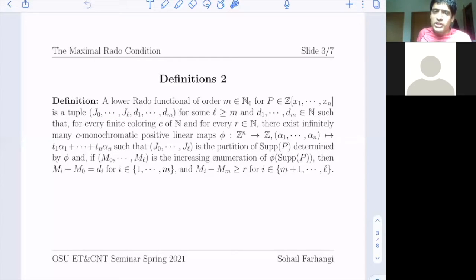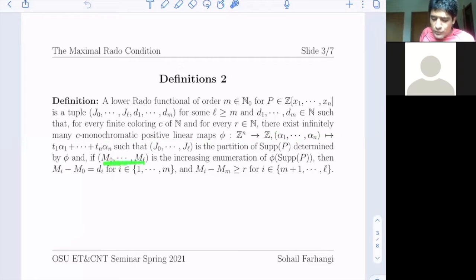to form a Rado partition of the support of our polynomial. And then D1 to DM are integers for some m that is smaller than or equal to the number of elements of your partition. And D1 to DM are positive integers such that for any finite coloring of the natural numbers and every integer r, there are infinitely many C monochromatic positive linear maps such that the partition that you're given is the partition of the support determined by these maps. And